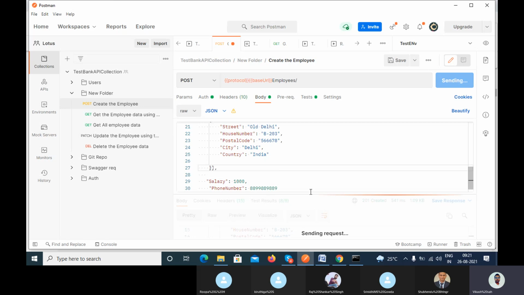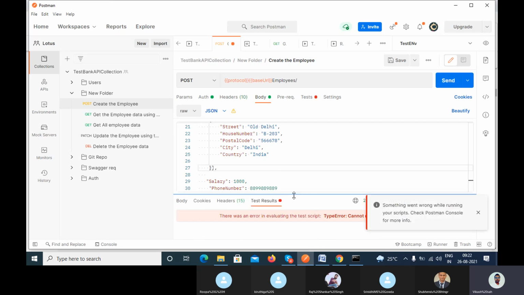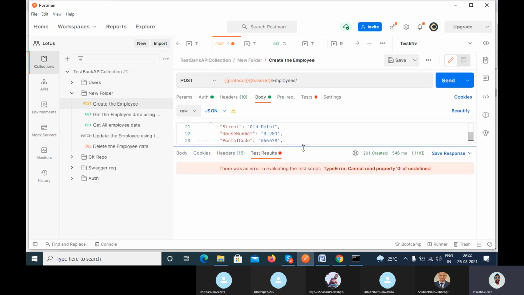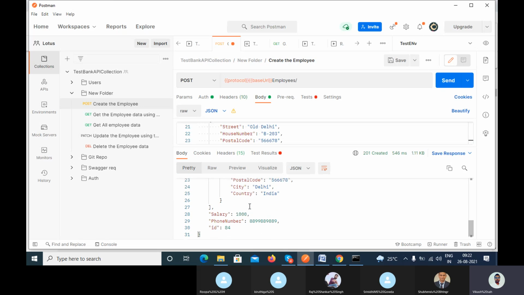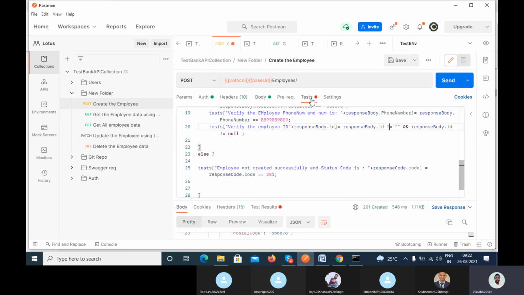When you connect with the server, some error, ignore this error. See, the salary gets added here, right? Your requirement is to verify the salary, and you want to verify that the salary should be greater than 0. If it is greater than 0, then pass the test case. So what you can write here,